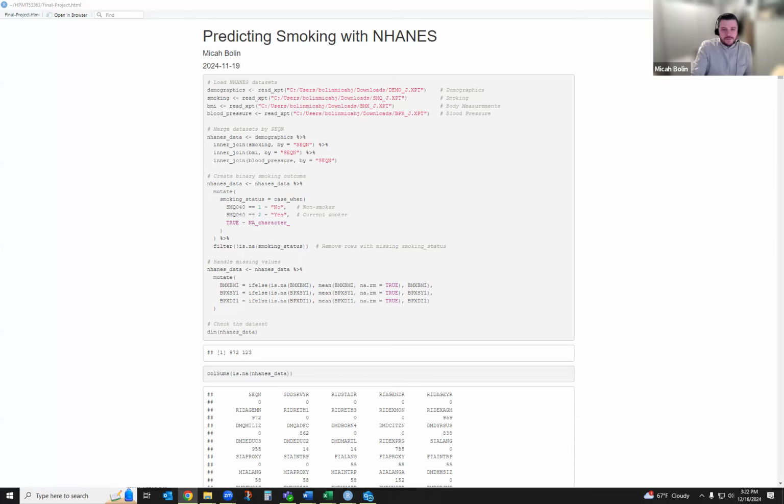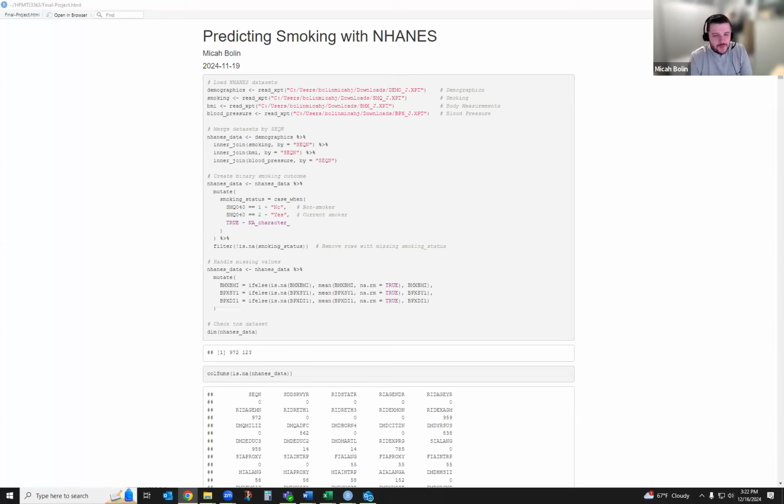So data loading is this first section, and then cleaning up some of the data as well was the first major code chunk that I used. NHANES collects comprehensive health data from nationally representative samples.